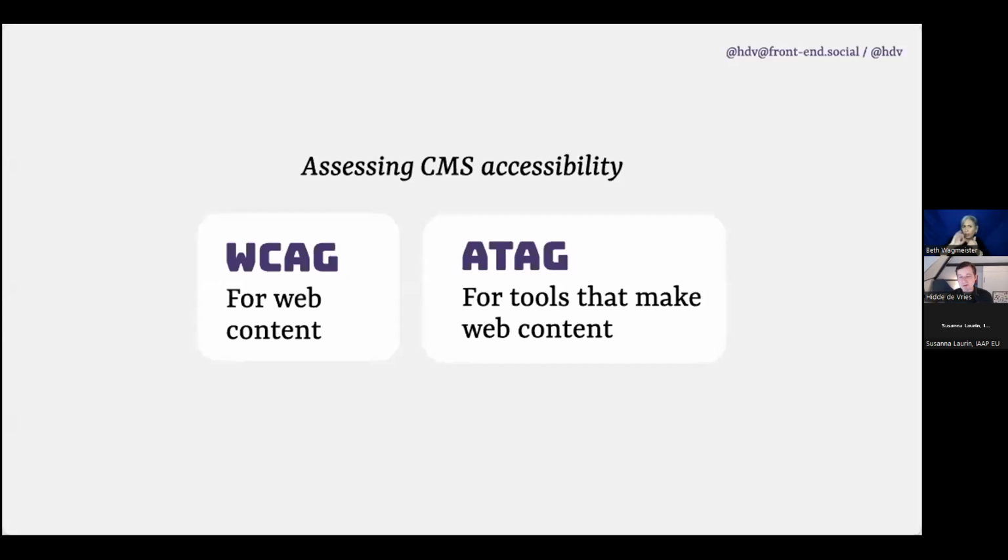There are different standards for accessibility. You're probably very familiar with WCAG as accessibility professionals, the standard for web content, the guidelines that are specifically for web content. There are more standards like UAAG, that is just for browsers and other user agents, and ATAG, which is for authoring tools, or as I like to say, tools that make web content. So WCAG is for web content, and ATAG is for the tools that make it.